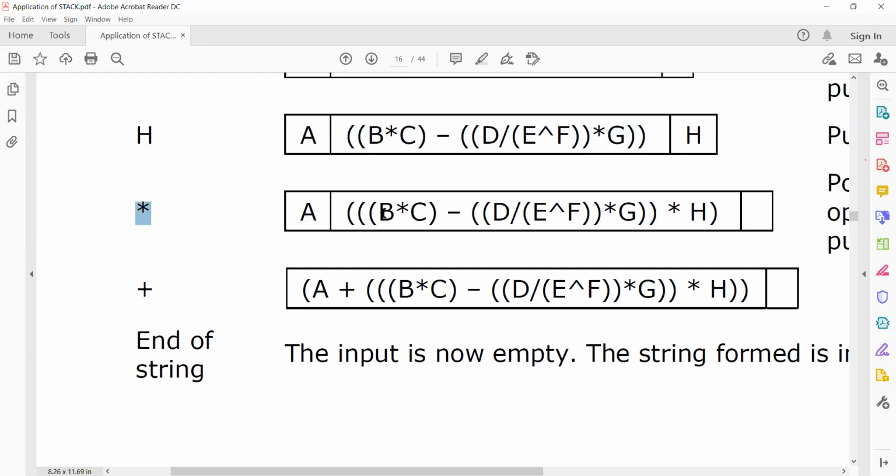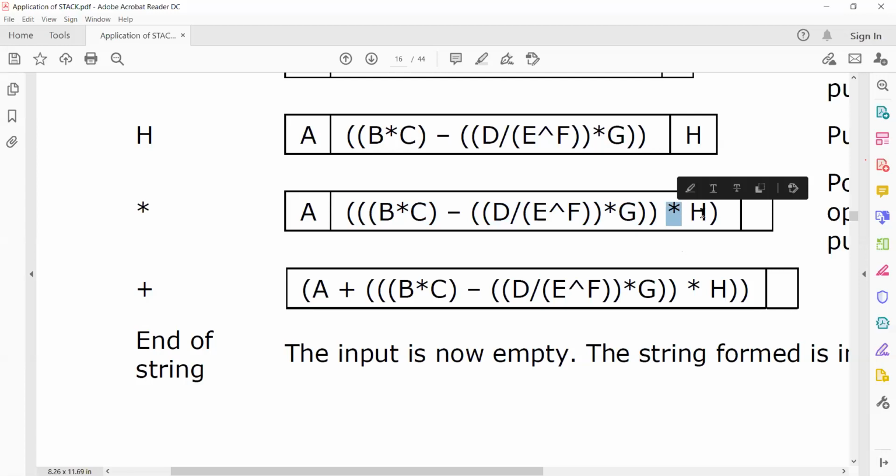Just pop two elements from the stack and place the operator between the two items. So one item is this one, and the other item is h. In between I put multiplication. I am making a string using close parenthesis and open parenthesis.